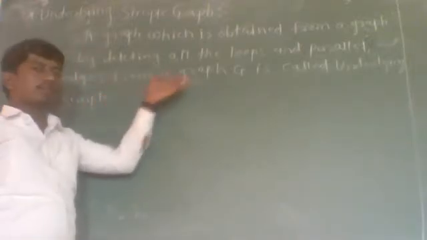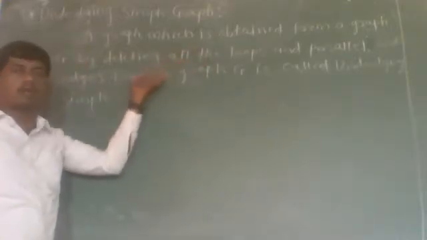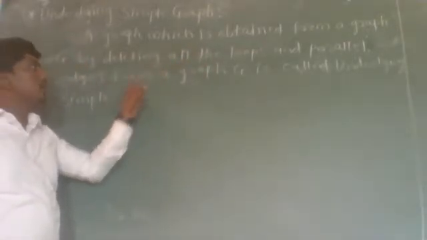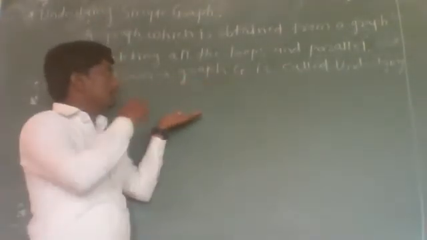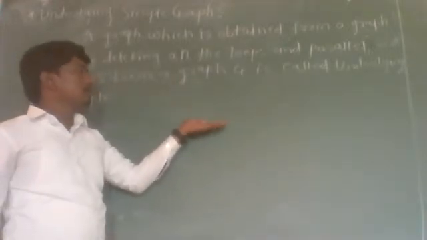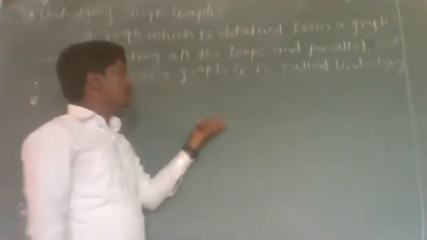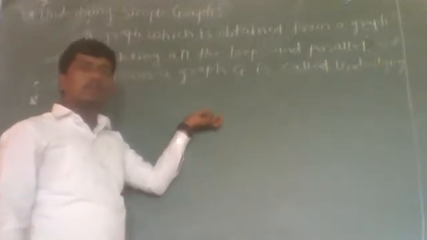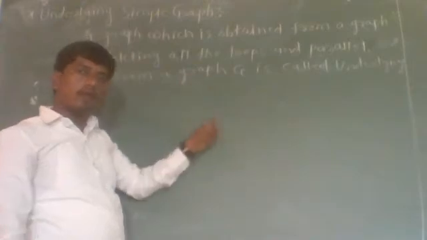Suppose G is any graph which is either a multiple graph, pseudo graph, or simple graph. Then we have to remove all the loops and parallel edges from graph G. Then the obtained graph is nothing but our underlying simple graph. For example, suppose that the graph G contains three loops and two parallel edges E1 and E2. Then we have to remove all the three loops and either one of the edges E1 or E2. If two edges are parallel, then we have to remove one edge from these two.